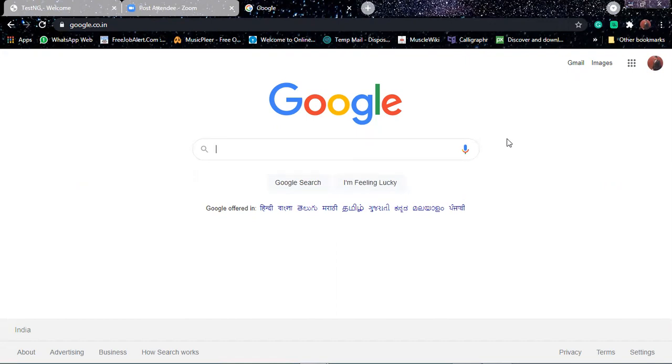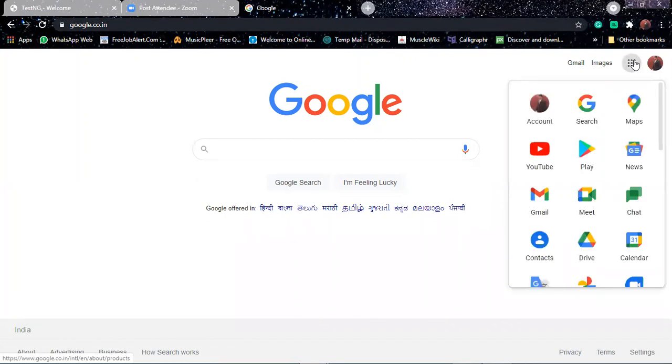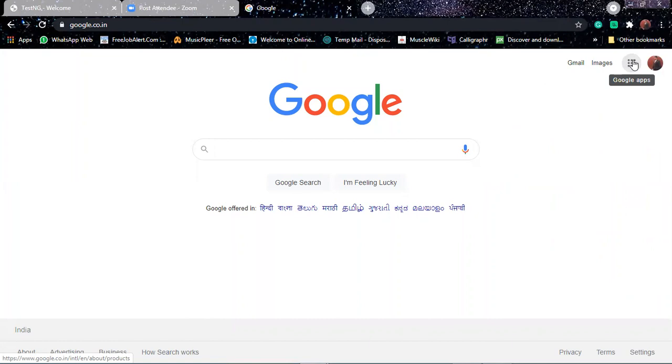Can I go and select any menu from Gmail? No, it directly opens. I cannot select, I can only click. But in the other thing, Google Apps, I can choose any of them. This is only for selection. I can select any of them from there. So for different elements, you have different operations available.